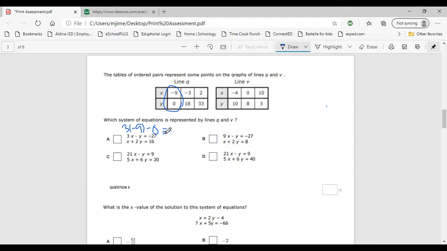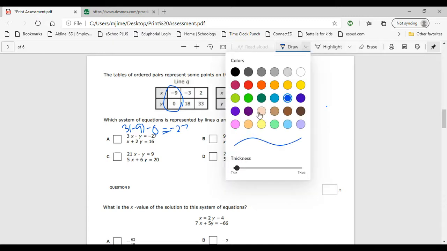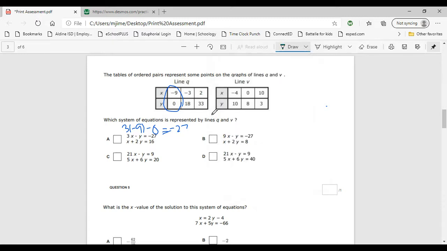If it does equal negative 27, then you would go on and use the other ordered pair on the other table to see if it would match. I would use 0 and 8, and I would put 0 plus 2 times 8 and see if that equals 18. If the second equation does match, it does equal what it's supposed to, then that means that the answer would be A. Okay? If 9 times negative 3 minus 0 equals negative 27, then we would go to the second